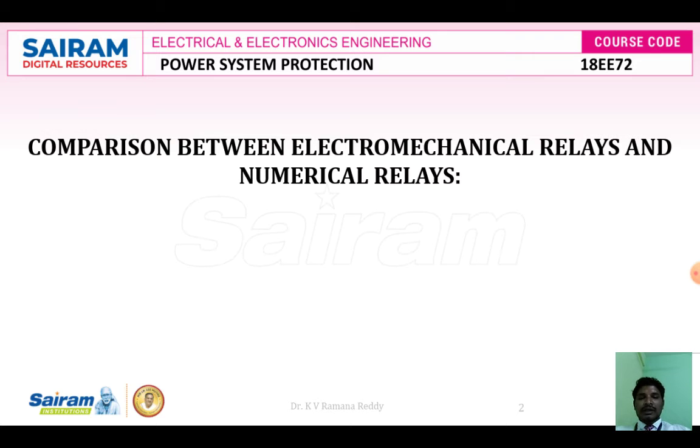As we know, electromechanical relays are nothing but electromagnetic relays, which work on the principle of electromagnetic attraction or electromagnetic induction, to get an electromechanical force, the required torque to move the circuit breaker switch either from off position to on position or from on position to off position.